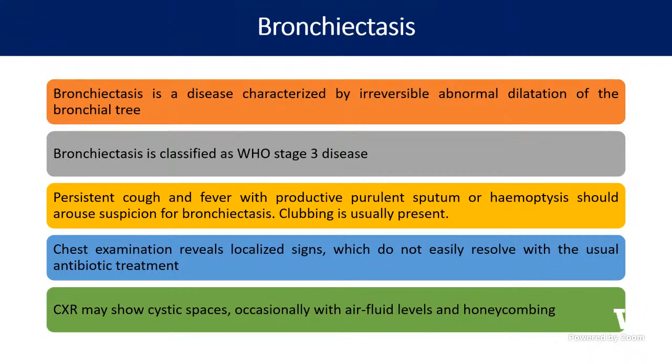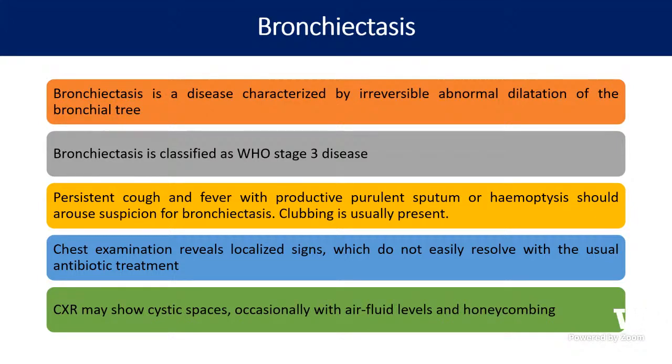How many have answered rightly? You all mentioned stage 3. This was a question in the pretest. Yes, you wrote it. So here you understand that bronchiectasis is a WHO stage 3 disease. How does it present? The child may have fever and a persistent cough. The child will go on coughing, and sometimes sputum also will come, purulent sputum. The child might be coughing blood also, and that should be the clue for you that the child has a chronic lung disease, a suppurative lung disease.